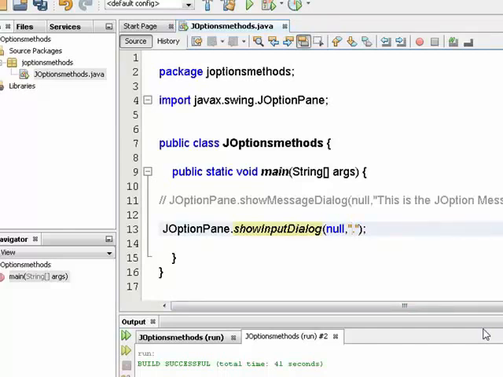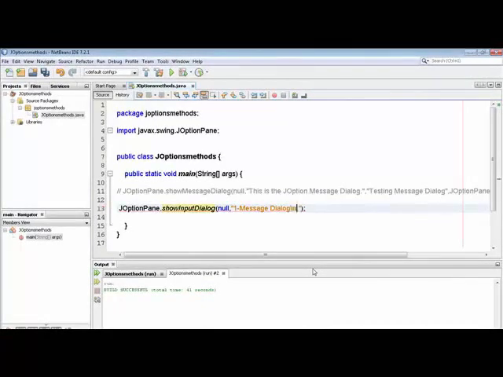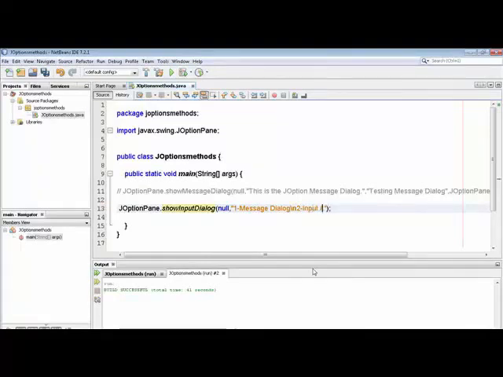On the very first line, 1 dash message dialog, then \n as we have discussed, 2 dash input dialog, then on the next line